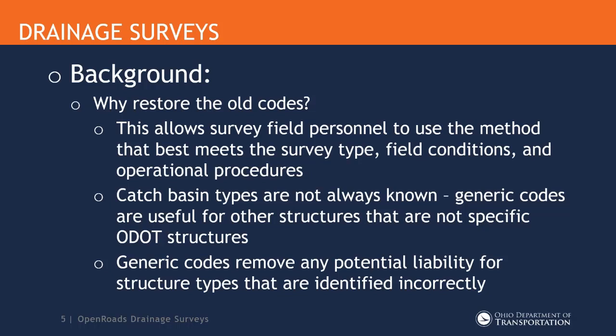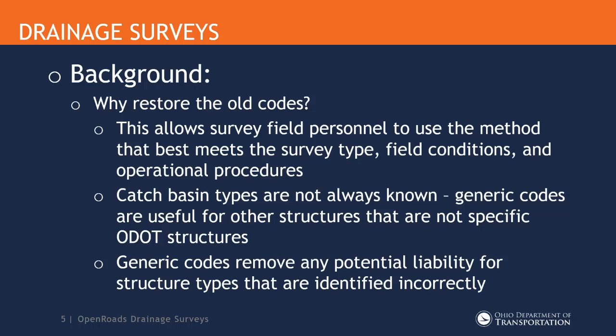If it's a larger project with a lot of drainage information, you may end up sending someone out later to record the pipe information that terminates in each of those culverts, and then using that CSV file to process is a pretty good workflow. So there's different types of survey, different field conditions, and just different operational procedures and preferences. So the intent here is to allow some different options instead of forcing everyone into one workflow that may or may not be great for the type of survey that they're doing.